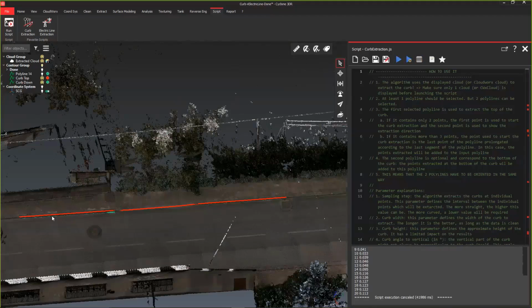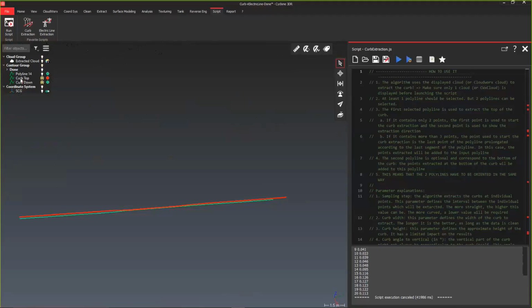Now, due to some time constraints, I do want to show one other thing here before we get too late in the hour. Let's just pretend for a moment that I've gone ahead and created all the break lines that I want to create. Well, I'm going to turn off the cloud, and I'm going to select the